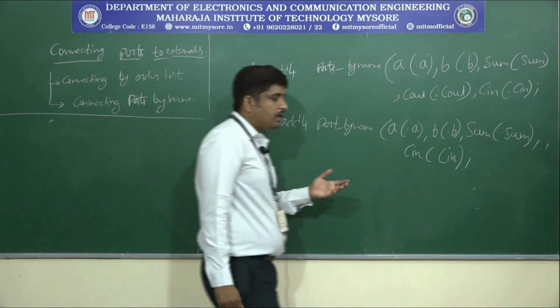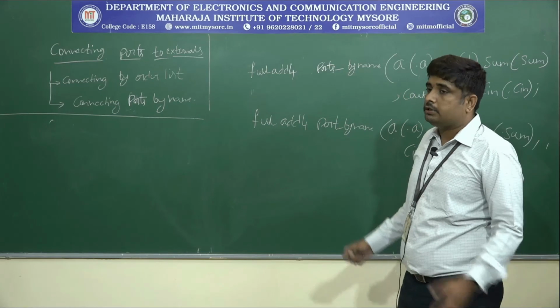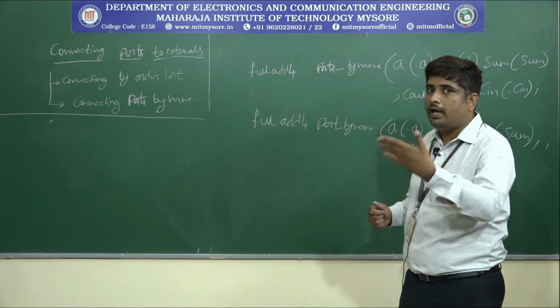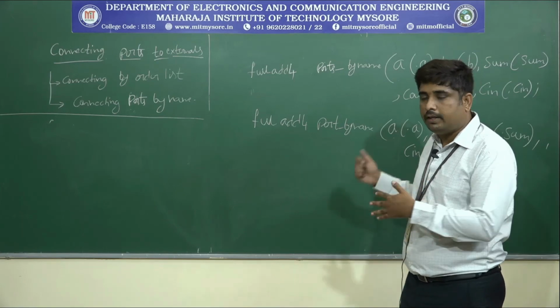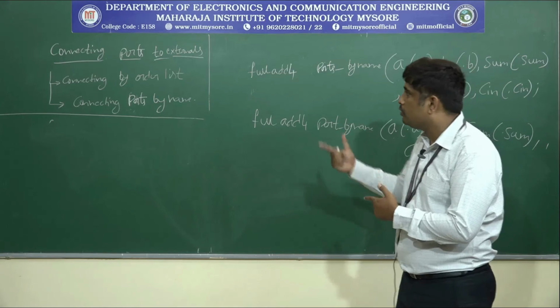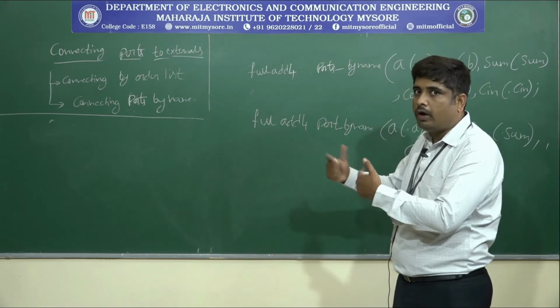There is a disadvantage with respect to the first one, that is connecting by order list. Suppose there are 50 ports; at that time it is practically impossible to remember all 50 ports. So instead of order list we have to use connecting ports by name. So here we directly go to